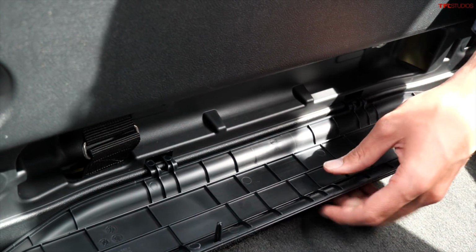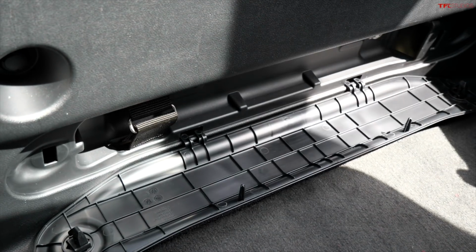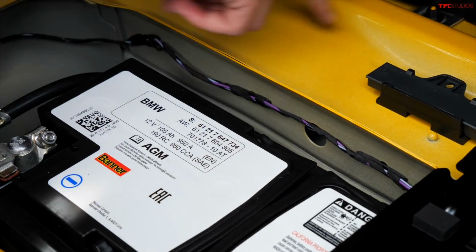And this is pretty funny because there is a strap. Something clearly goes here. That something is the warning triangle, which doesn't come on the US equipped cars apparently. Now when we lift up the trunk floor, we find the battery. And this is where things get controversial because dun dun dun, BMW,